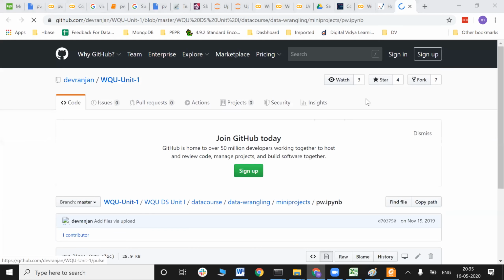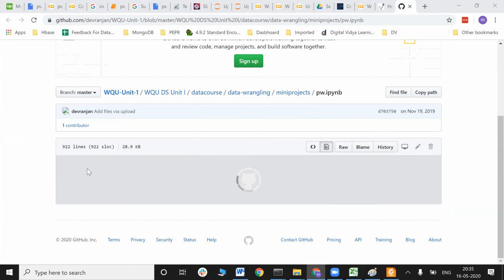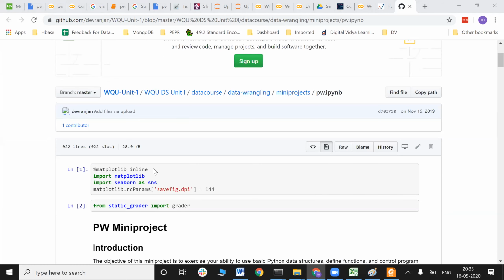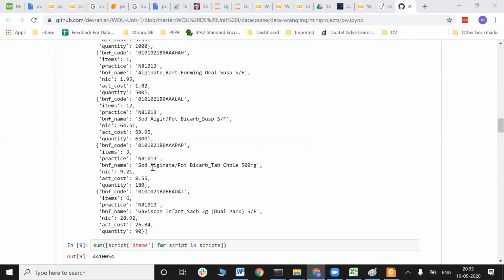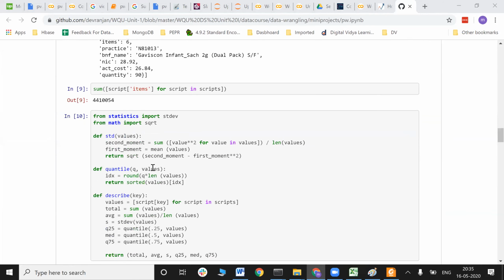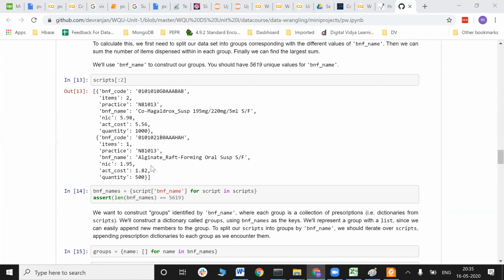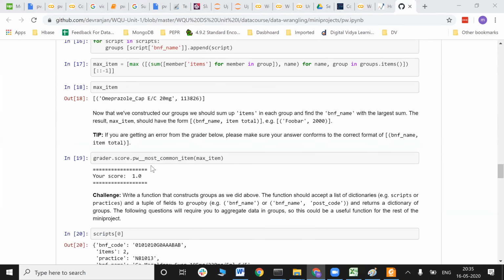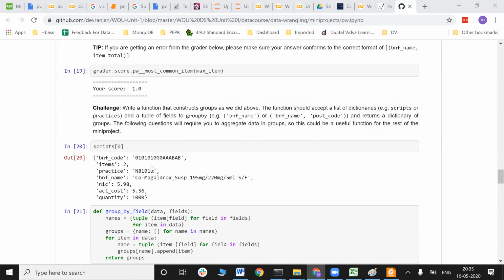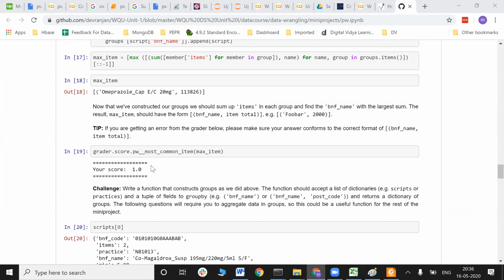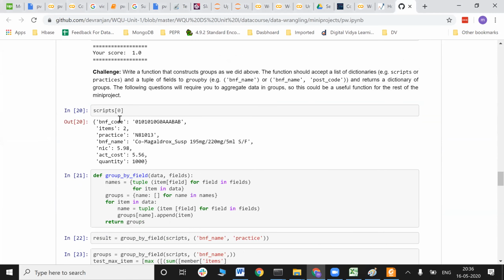Sure. So you are clear with question number 1 and 2, right? Yes. I think I didn't finish question number 2 though, because I only copied a part of the code. I only did the max. And then we have another, just get 0, group by field. Oh, can you talk about tuple?